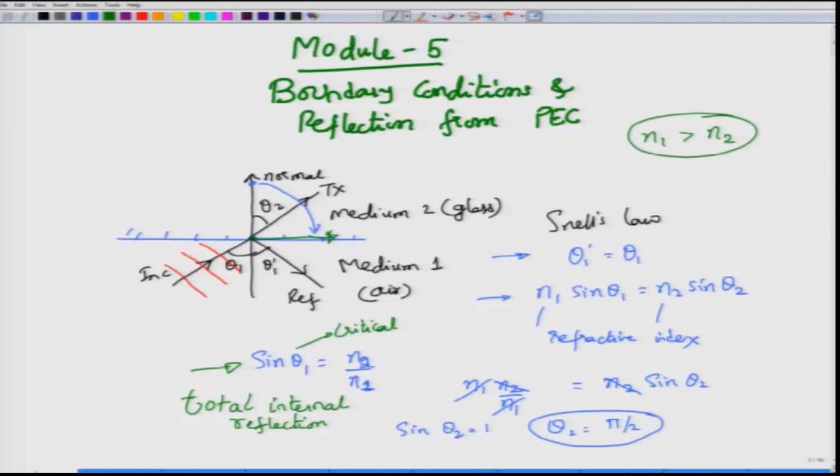These kind of questions cannot be answered by the simple picture that we have so far considered, the simple picture being that of light rays, right. So, in order to answer these questions, it is necessary for us to look at the electromagnetic nature of light, and that is what we are going to do. So, what we actually have is the following scenario.